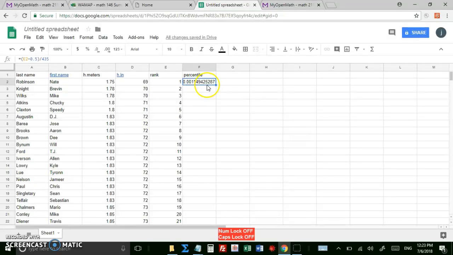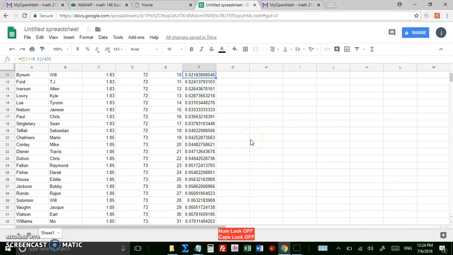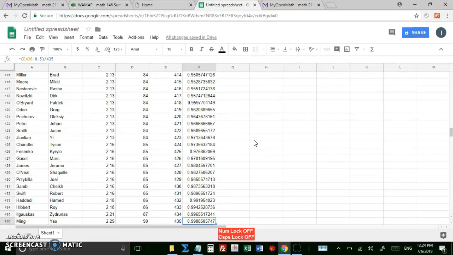Now you can copy that formula down, just click the little dot, or excuse me, double click it. Oh, hold on, let's try that again here. I want to get all the rows. Okay, here it comes. All right, so these are roughly the percentiles of each player. So for example, Will Bynum, 72 inches tall, is about the 2nd percentile. All the way down, if you do Control down arrow, to Yao Ming, who would be the